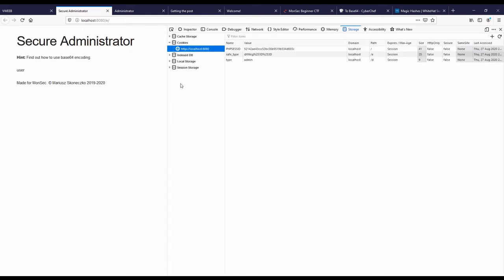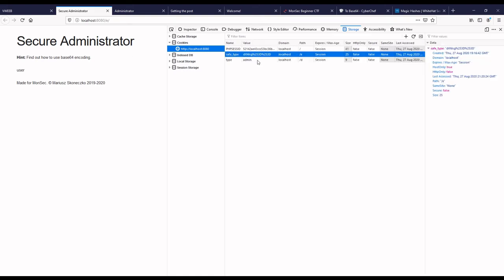But now the actual cookie is encrypted. So how do we get around that? Well, the hint is pretty strong. It's in base64 encoding. So we can see that this is base64. Now, we can't just type in admin this time, because what it actually compares against is the encrypted version of